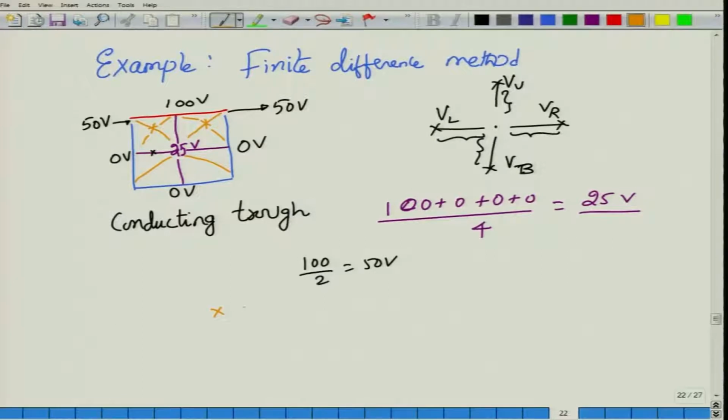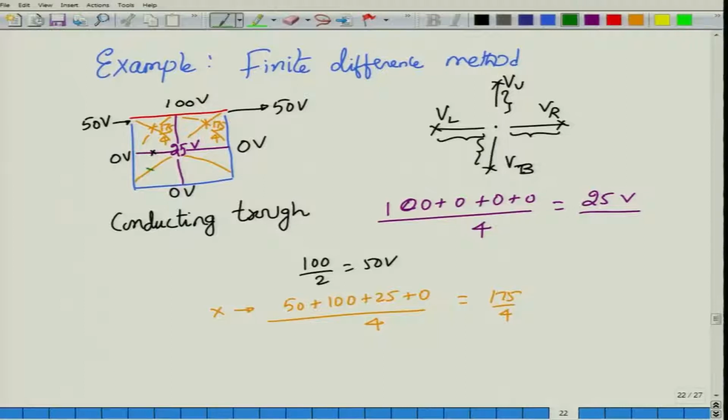So the potential at the cross point which I have made will be an average of 50 plus 100 plus 25 plus 0 divided by 4. So this would be about what, 175 divided by 4. I don't really know what the value is, but you can calculate it with a calculator and then put that in. So that would be the same value over here as well. So this would be 175 by 4. This would also be 175 by 4. I will rewrite this one in a neat manner so that you can see this correctly later on.